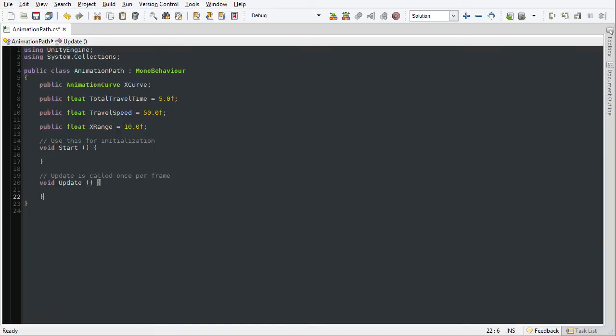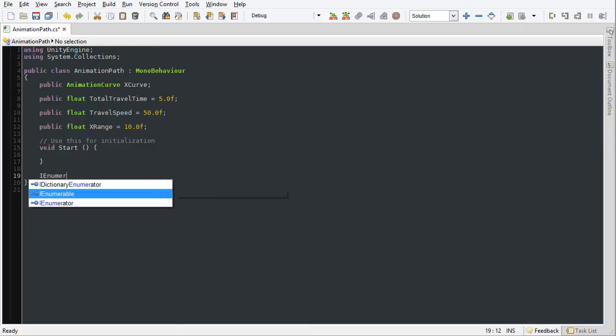Now we'll get started at creating the coroutine to control the motion of the curve over time. So the first thing I'm going to do is to completely remove this update function, because we're not going to be using this. We're going to be coding the motion not in the update function, but using a coroutine. So I'm going to create that now, and we have to put in the all-important IEnumerator return